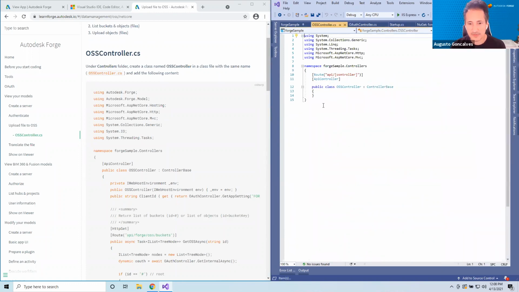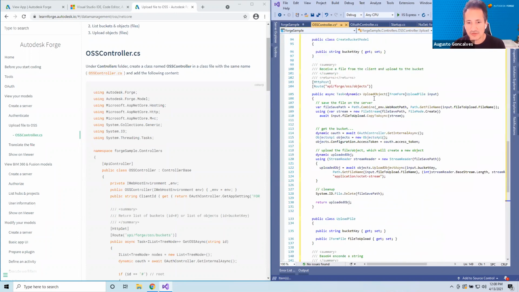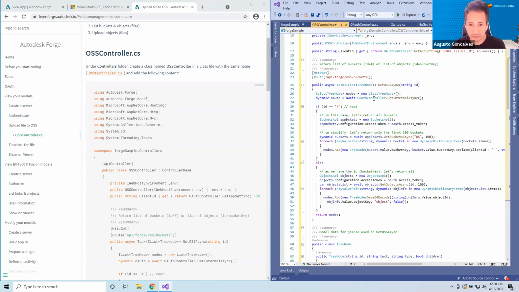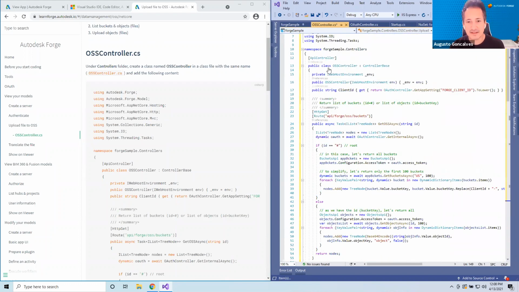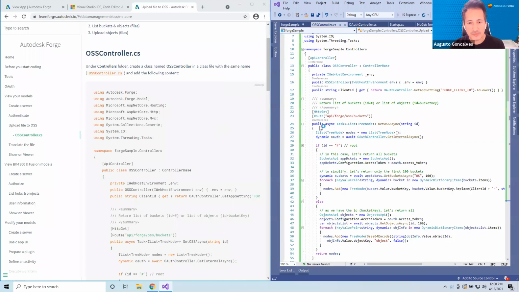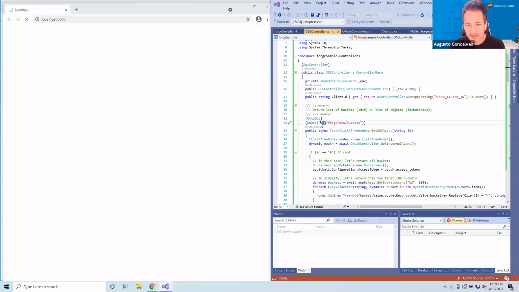And let's replace with this. All right, so that's the endpoint to return the buckets. So let's see if this is working quickly. As we did before, the way to execute this is if we get the endpoint that we're trying to